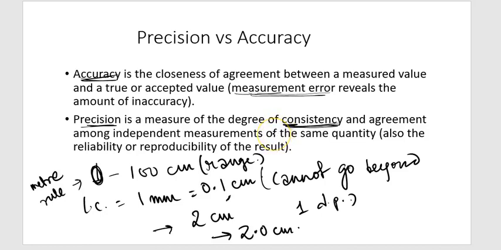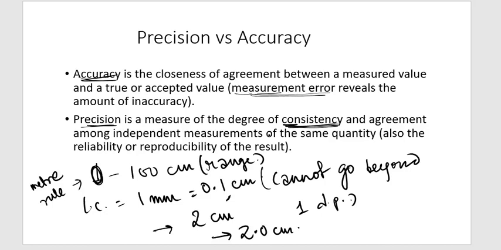So if I were to measure the width of a human hair, I would not be using a meter rule because the meter rule's least count is 1 millimeter, whereas the width of a human hair itself is far, far less than a millimeter. So you can't use an instrument which has a very high least count to measure something whose dimensions are smaller than the least count of the instrument. So it's not consistent with the precision of the instrument. The precision required is far greater, right?